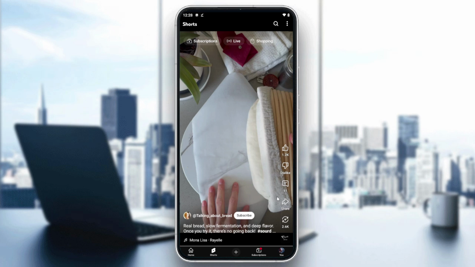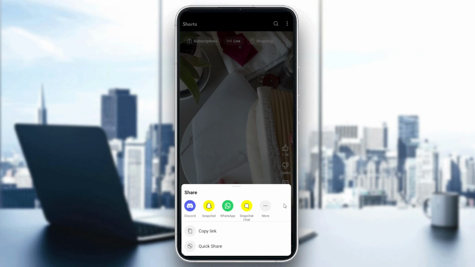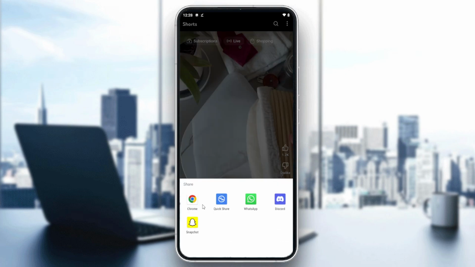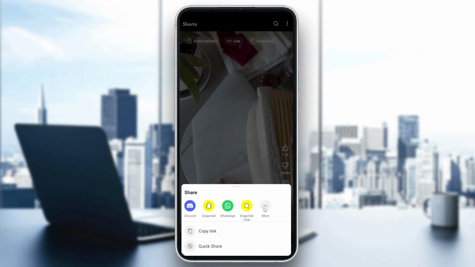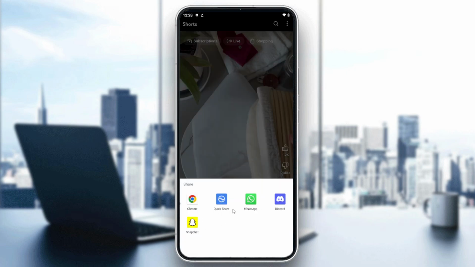And basically, we will be needing to click on the share button so we can have our link and then you can send it or it will be sent automatically by YouTube Shorts here. So I'm just going to click on the send. And as you can see, it's already detecting all my channels. So if you cannot find your Snapchat from here, you can just click on more and then you can send